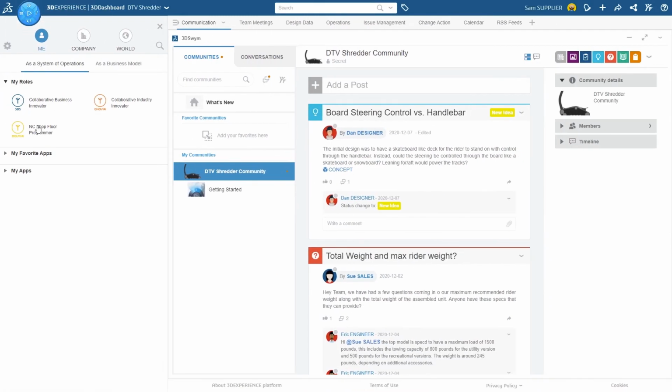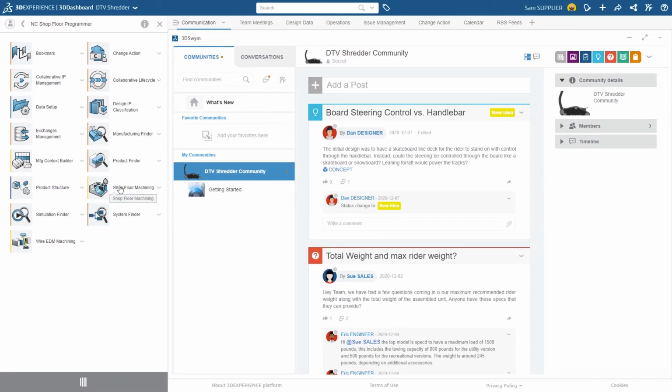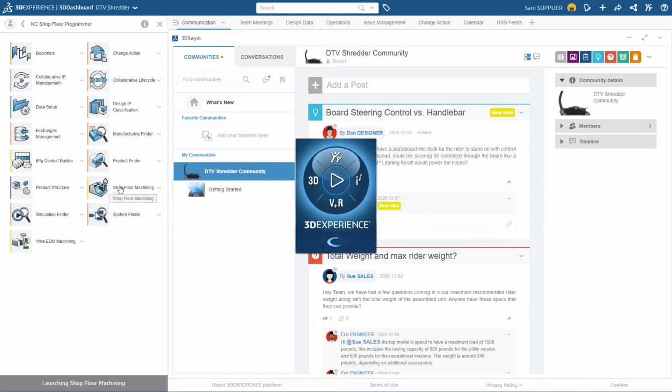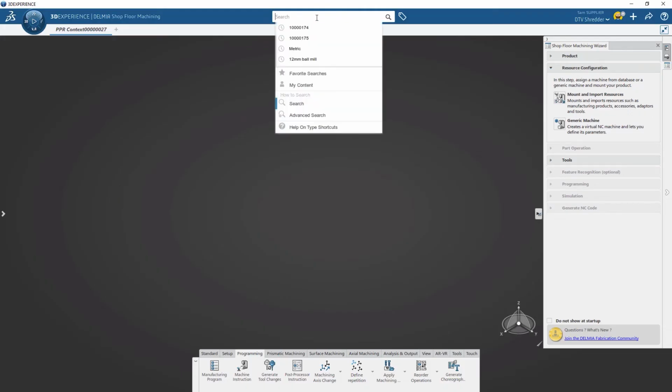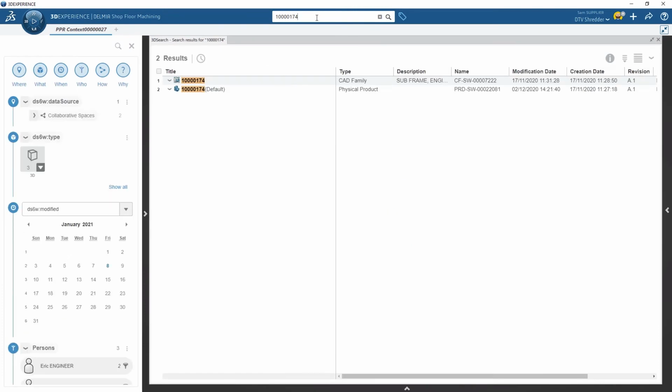Once the job is running, Sam has constant visibility through the 3DEXPERIENCE platform. He knows that having all of his data in one place helps his team communicate any changes that may come